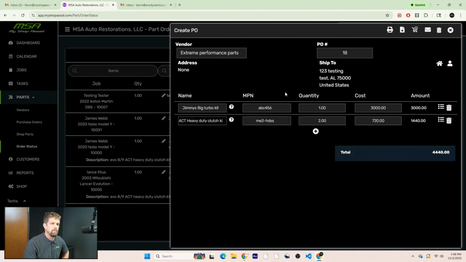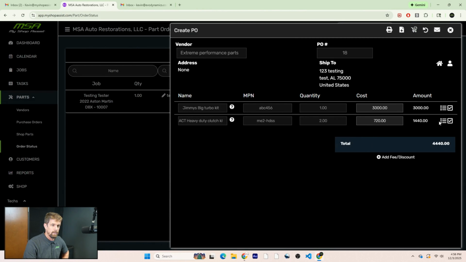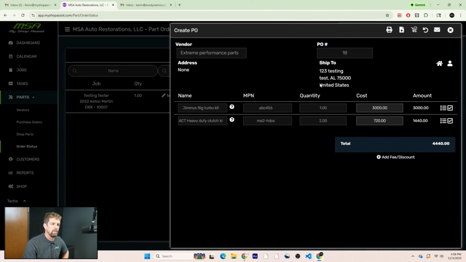We want to see these jobs here. First, I'm going to mark them as ordered. And next, I can click this little hamburger icon, and it shows me the 2 jobs that I'm connected to. So it's got the first one, which is job 10005, and then job 10000. Both of them have not arrived, the status of them, right? So they're still independent to the job they are connected to, but they are a single line on this purchase